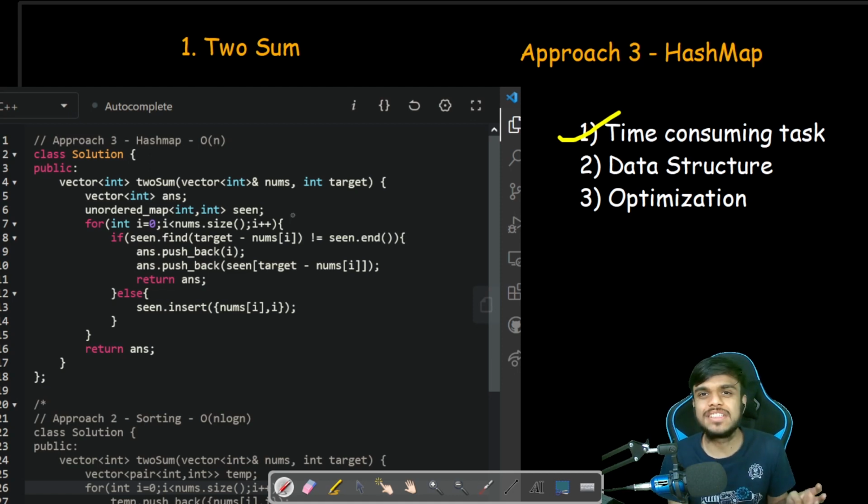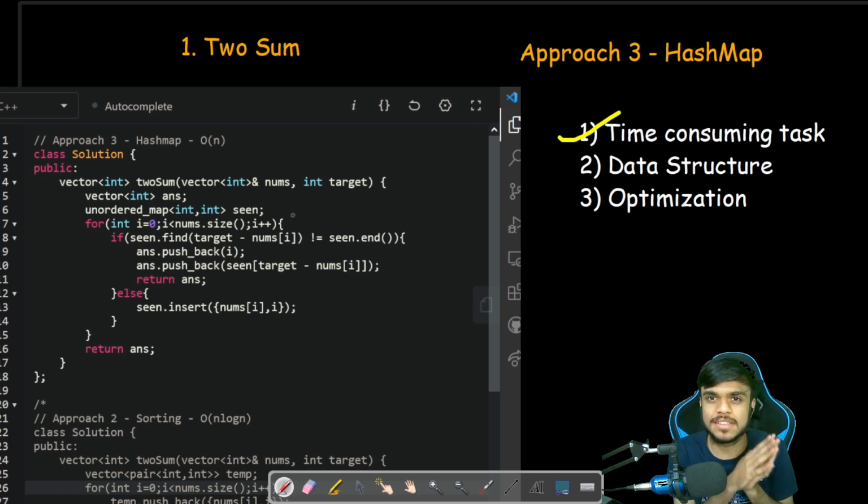So we would need something like a map, because it would have a key-value pair for the value and its corresponding index. Okay, so we need to use a map or an unordered map. Now, do we require sorting? The only difference in map from unordered map is that in map the things are kept in sorted manner, but we do not require sorting. We just need to see whether we have seen that particular element's pair. Okay, so we can work with an unordered map.